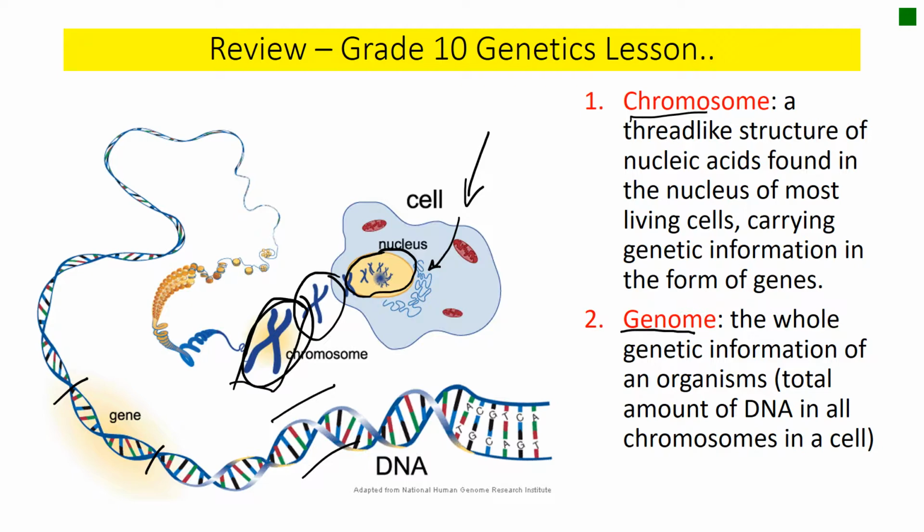Now, what is the next one? This is called genome. Genome is the whole genetic information of an organism: the total amount of DNA in a cell, in all chromosomes in a cell. As you have learned in chapter 2, DNA consists of nucleotides, the ATGC. So if you read all the ATGC of all chromosomes in a cell of a species, then you get the